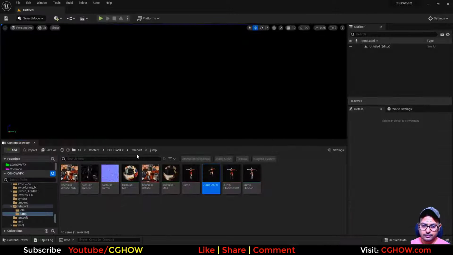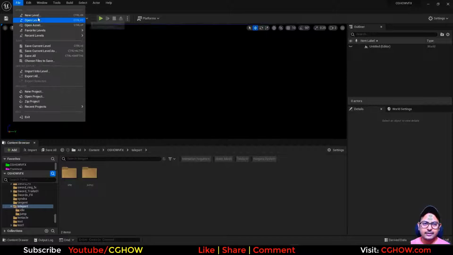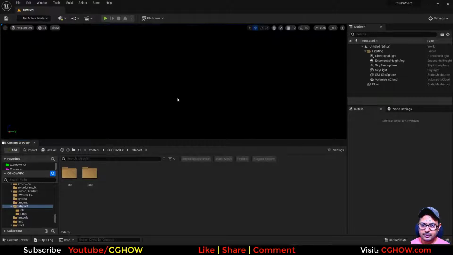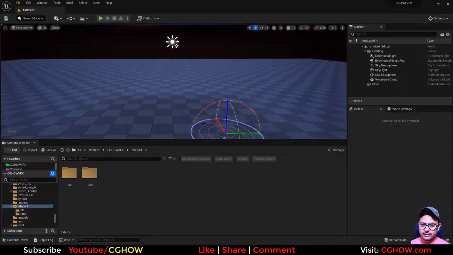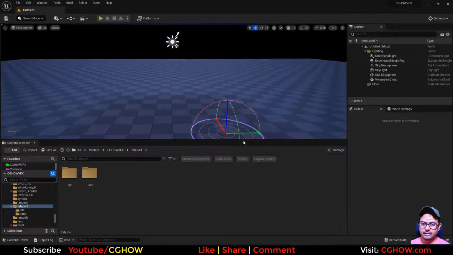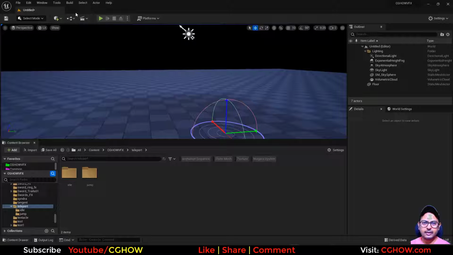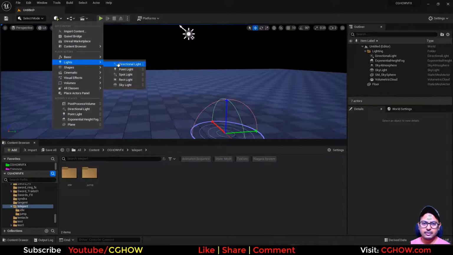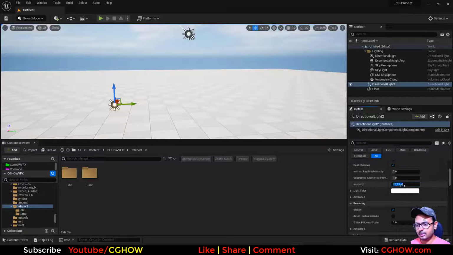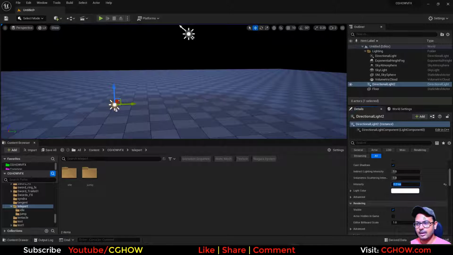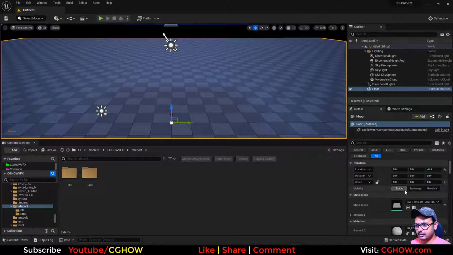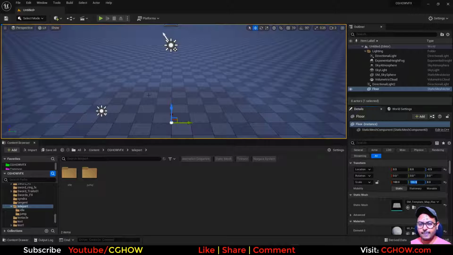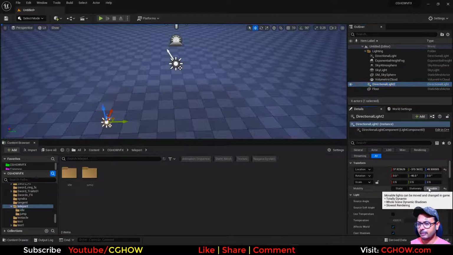Okay, so I'll go back and let's create a level, this basic one, and Control L to change the light. Actually I like to just make this black, and then I will create another light and just make it like 0.1 2 and make this bigger. Okay, and the light I will make movable,